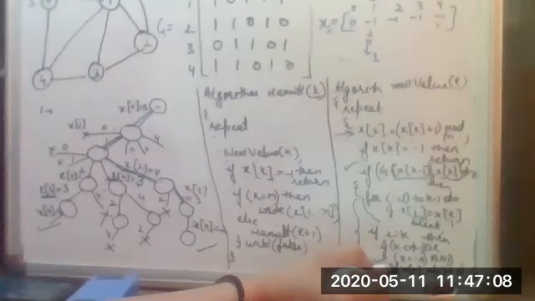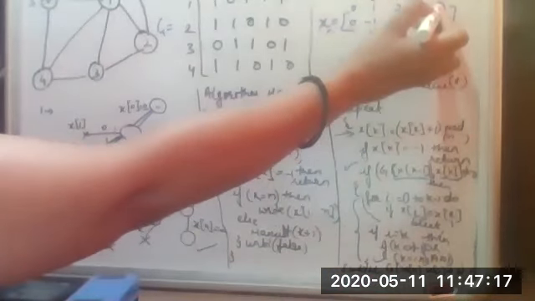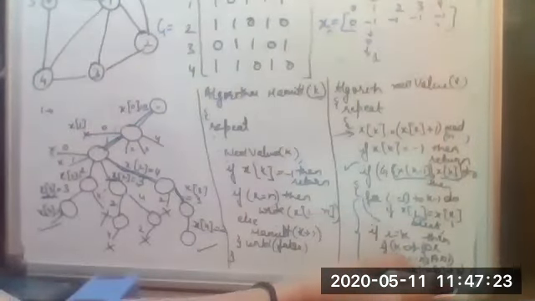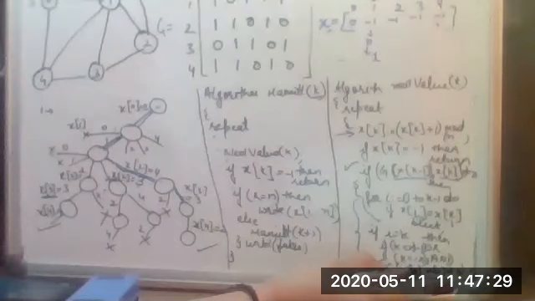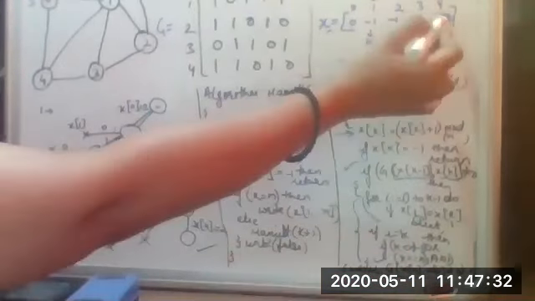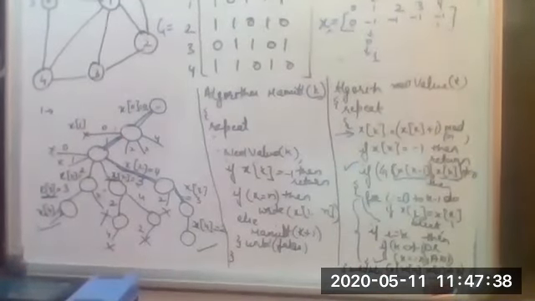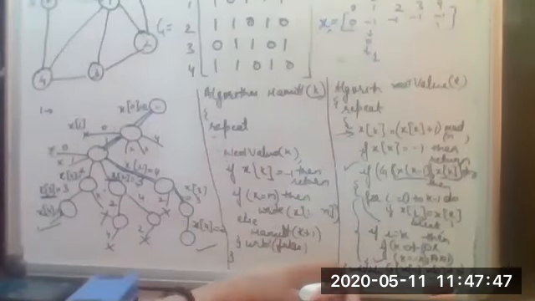Otherwise, if you have reached the end, that means k is equal to n minus 1. When we reach here, k value will be 4, so it will be equal to n minus 1. We have reached the last node. Then this last condition that I have written checks the adjacency matrix: there is a path that goes from x of n minus 1 to x of 0, that means from the last vertex to the starting vertex. If that is not 0, that means it is equal to 1, it is there. Then we will have a path, and we will return true, else we will return false.